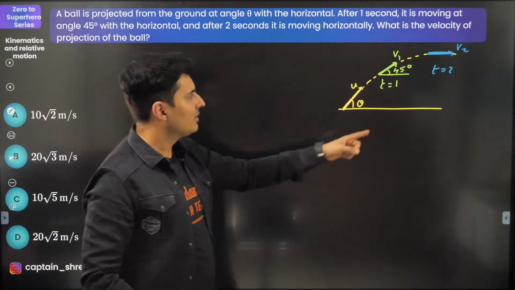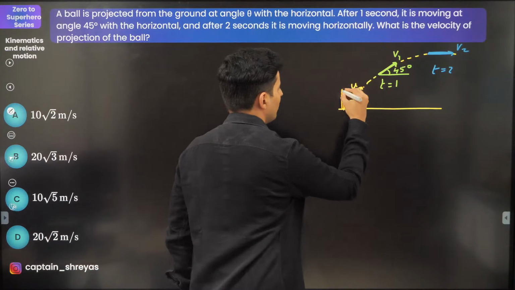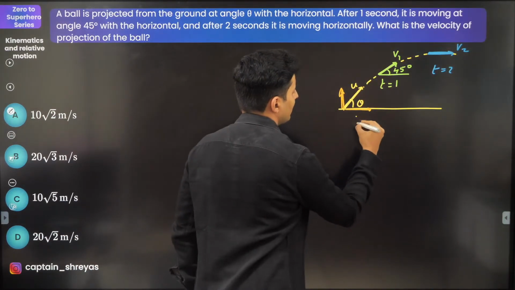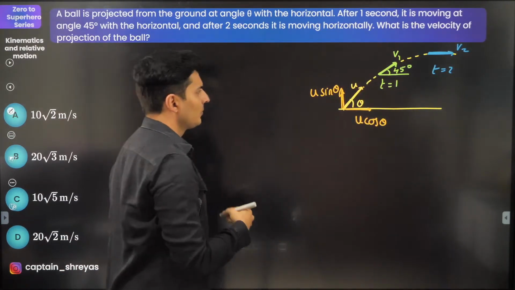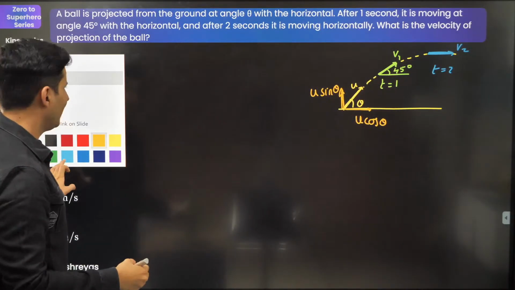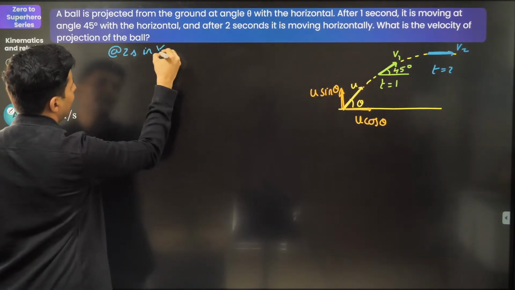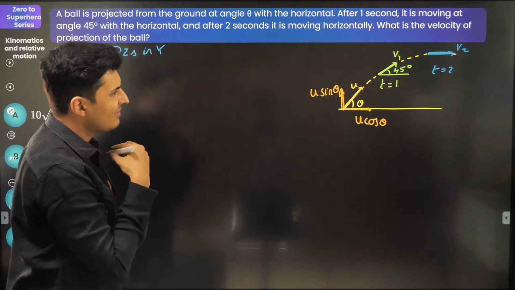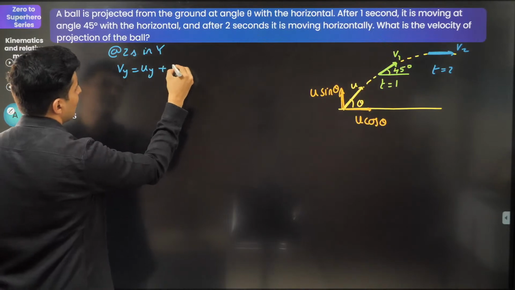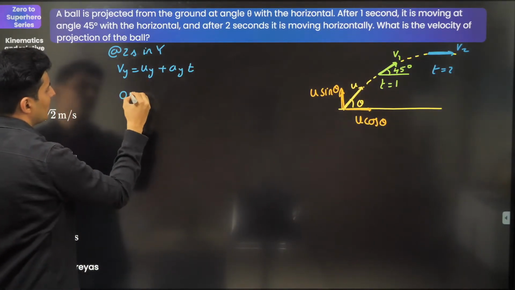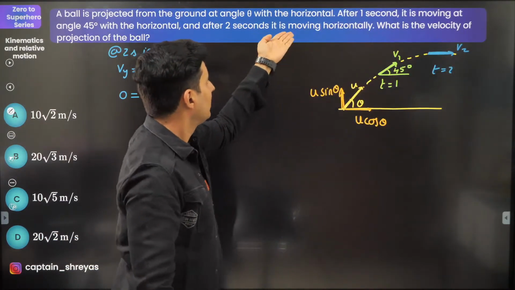So probably for this one first, this velocity will also have two components, like you can see over here, one this way and one this way. This will be u cos theta, this will be u sin theta, of course. So everything generally in y I will solve. So at 2 seconds in the y direction, I can say v is u plus at, vy is uy plus ay t. Final velocity is 0. Check this out. Entire velocity is horizontal.